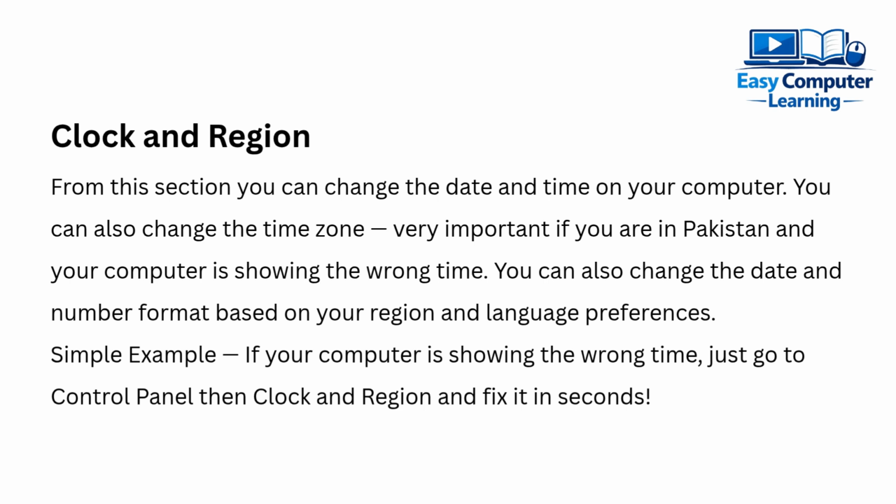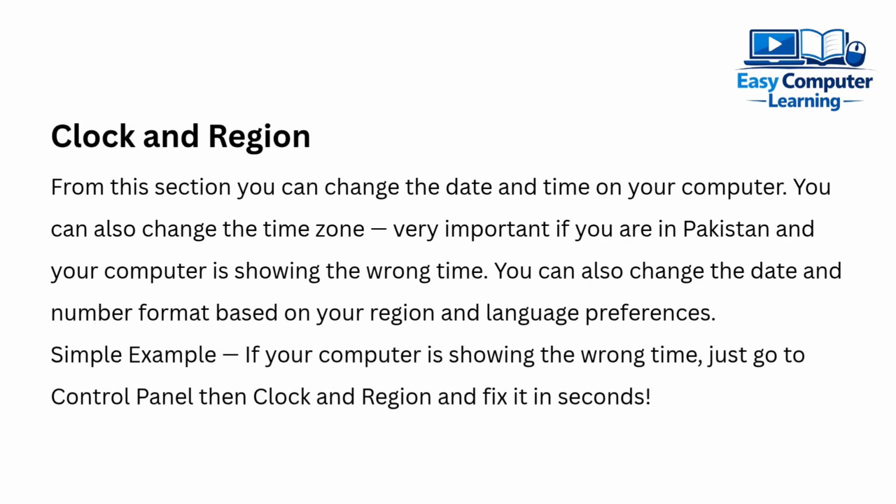Clock and Region. From this section, you can change the date and time on your computer. You can also change the time zone. Very important if you are in Pakistan and your computer is showing the wrong time. You can also change the date and number format based on your region and language preferences. Simple example: if your computer is showing the wrong time, just go to Control Panel, then Clock and Region, and